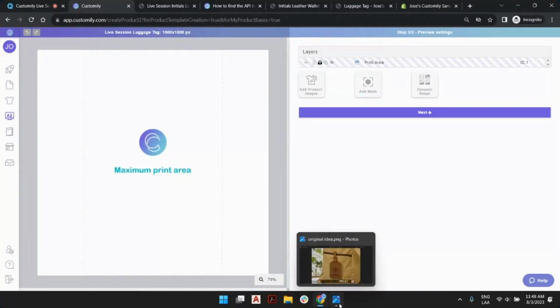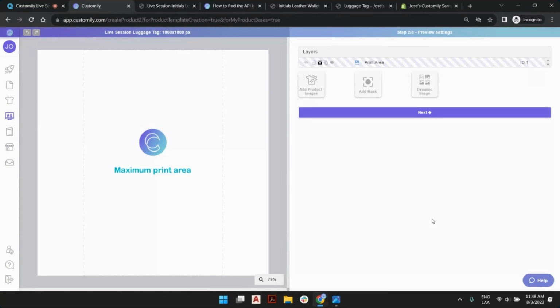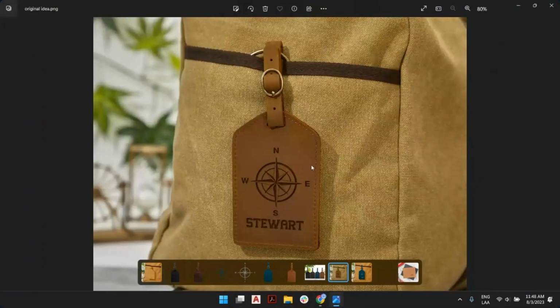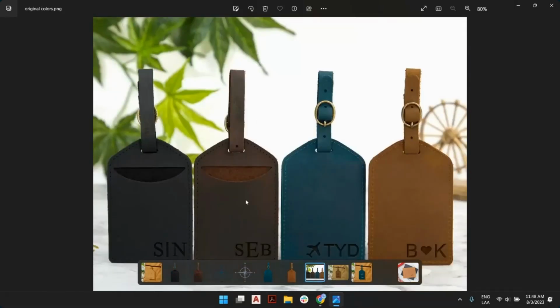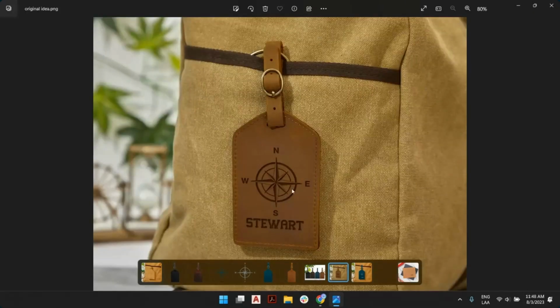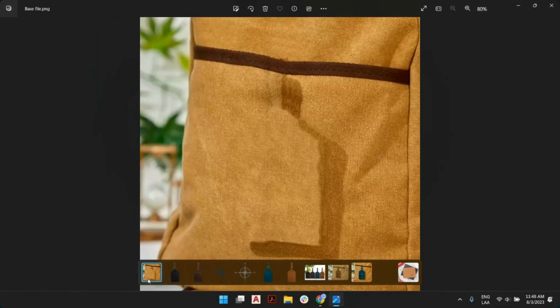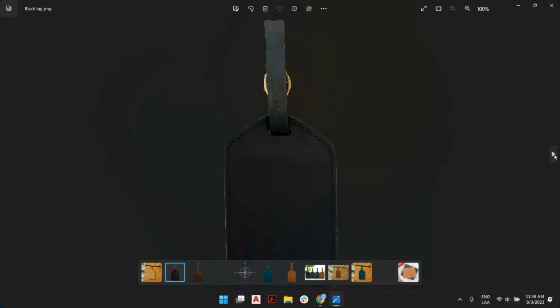And here, let me show you what you need to have in order to get into Customily really fast. Of course, if you have an original idea, that's the best way to go. If you then have original colors and options, okay, you can start with this, but you will need a graphic designer or your own skills to basically break this into pieces. Your original idea should have a base file that will look something like this, basically without the tag. And then you will need to have independent tags,